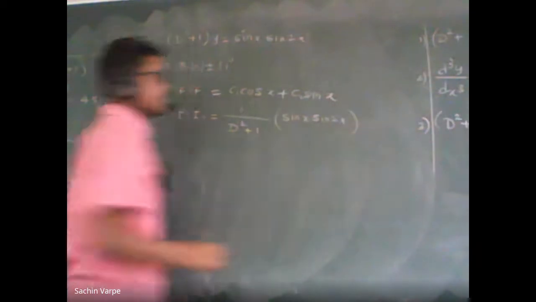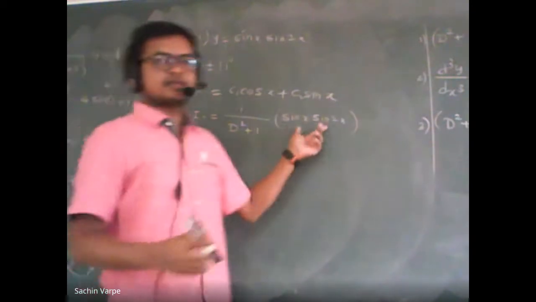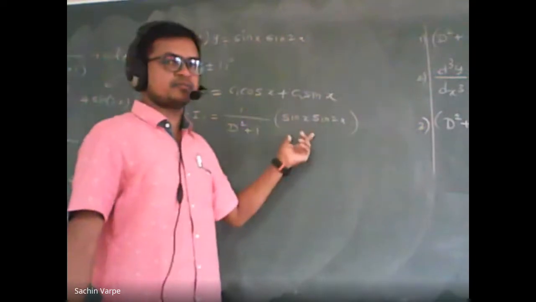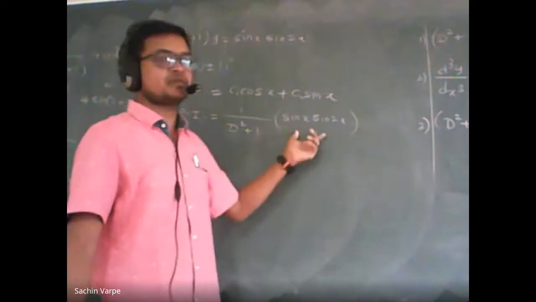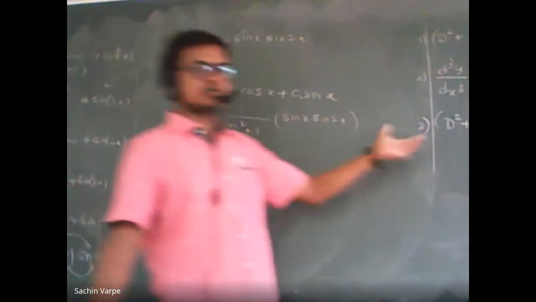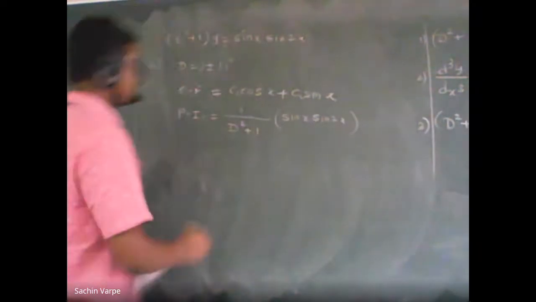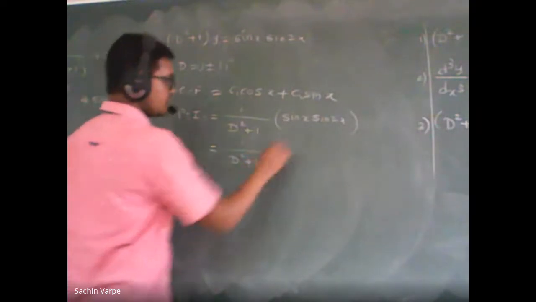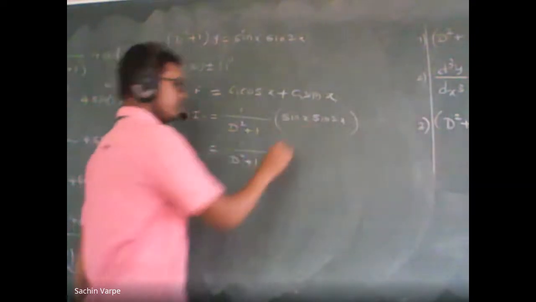And we know the case for such product of sine. We cannot directly use the formula as replace d square by minus a square, isn't it? We have to convert this into linear sine or linear cos using the reduction formulas from trigonometry. So the formula is sine a cos b is half of